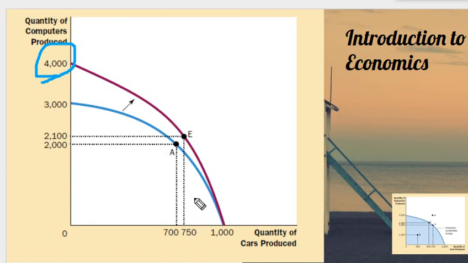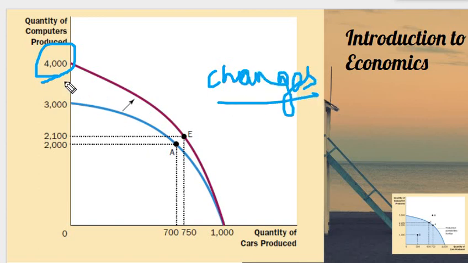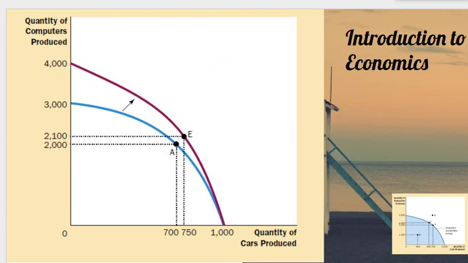The only possible cause seems to be that the resources can be more efficiently exploited in order to make computers. So changes in computer technology will lead to changes in the production possibilities also. Earlier you would require more factors of production to produce a given amount of computers, but